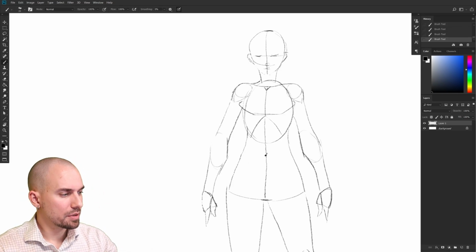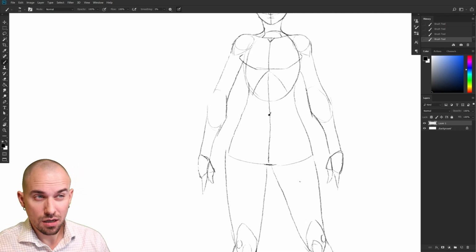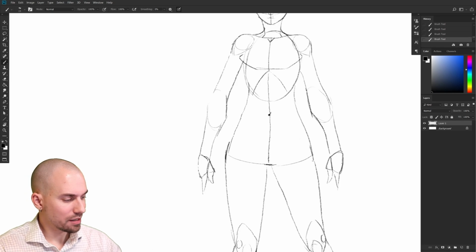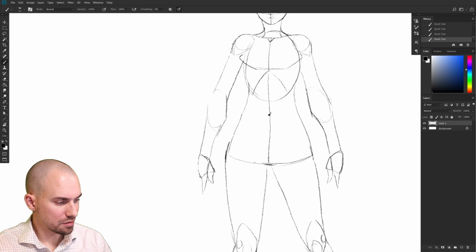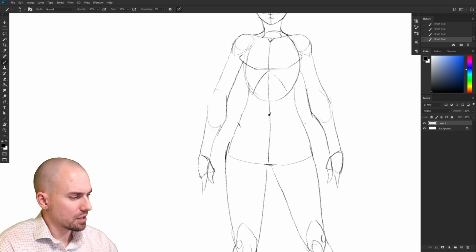Belly button, trapezius. And now we're just missing a couple extra details around the hips, and we should be pretty much done. On the outside here, this is going to be as wide as the hips ever get. This is basically what this line here represents. And so from there, I'll take this distance here and split it in half,